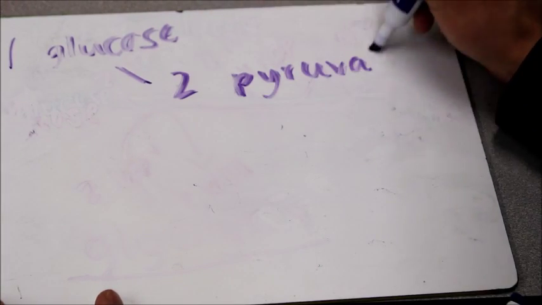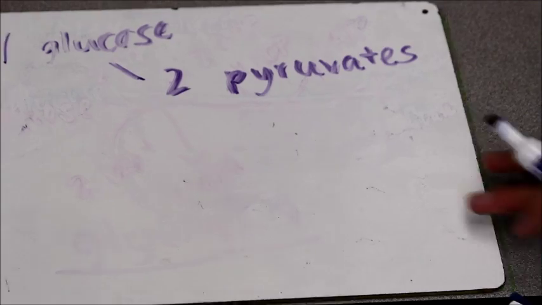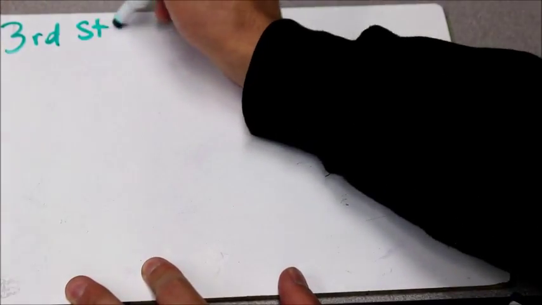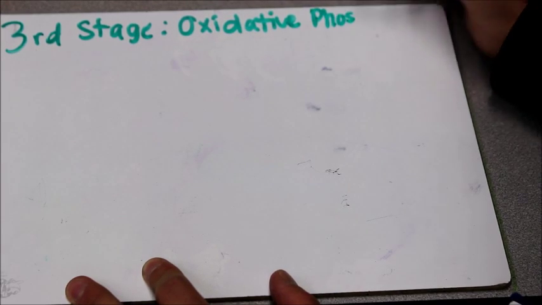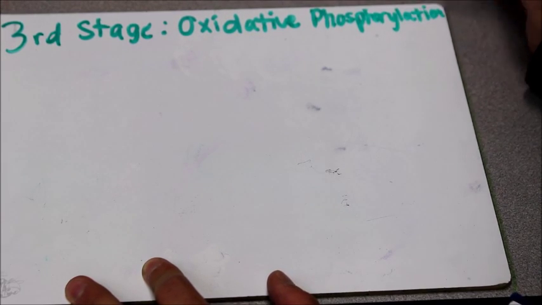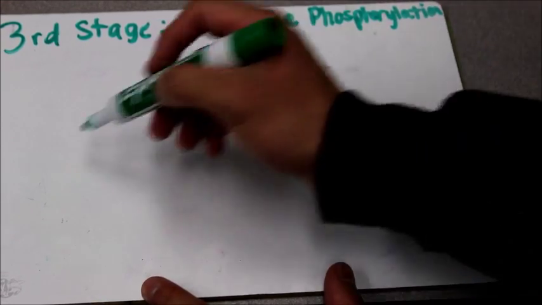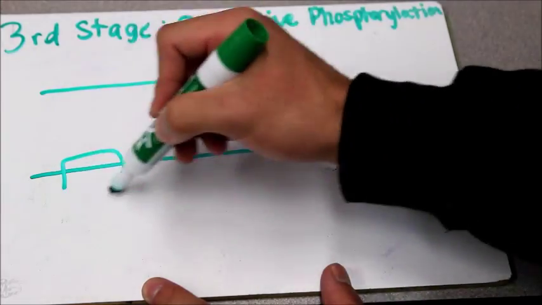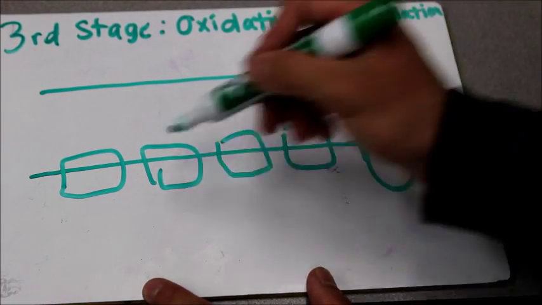The third and final stage is called oxidative phosphorylation. This stage occurs within the mitochondrial membrane, the intermembrane space more specifically. NADH gives off its electron, which moves through the protein complexes, and at the same time, hydrogen molecules are moving through the inner membrane into the intermembrane space. Once the electrons get to the last protein complex, they combine with hydrogen and